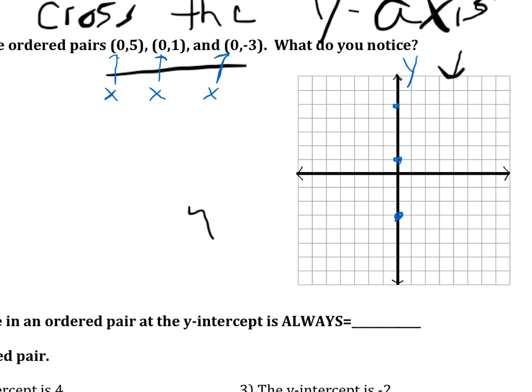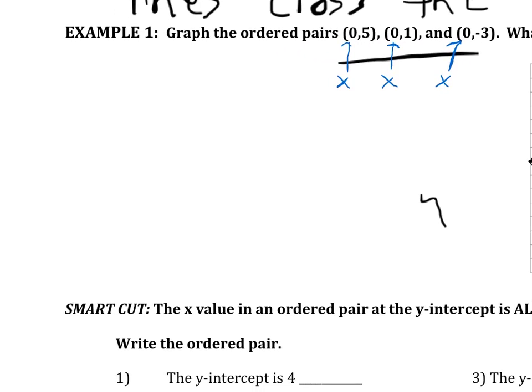And it seems kind of weird, like, if they're on the y-axis, why do they have an x of 0? Well, let me explain to you. With any ordered pair, we start off with the x and then the y. So if you have an x of 0, you start at the origin, and you say, okay, I'm not going to go left, I'm not going to go right, that's 0, so you stay there. And then the y just tells me to go up or down, so I stay there and then I just go up or down. So that's why the x is 0, and the y can be any number, and that's going to end up on the y-axis. So a really important key point, okay, is that